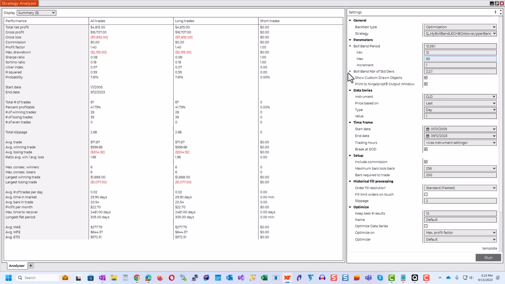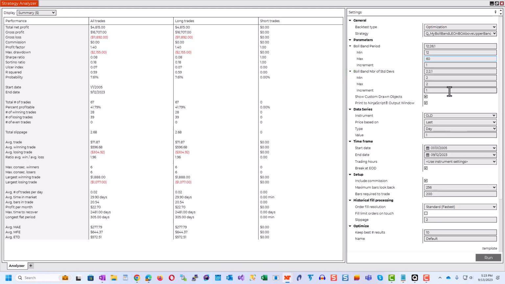And for the Bollinger Band number of standard deviations, let's go from 1.5 to 2.5, and let's increment it by 0.1 each time. All right, let's go ahead and run optimization.